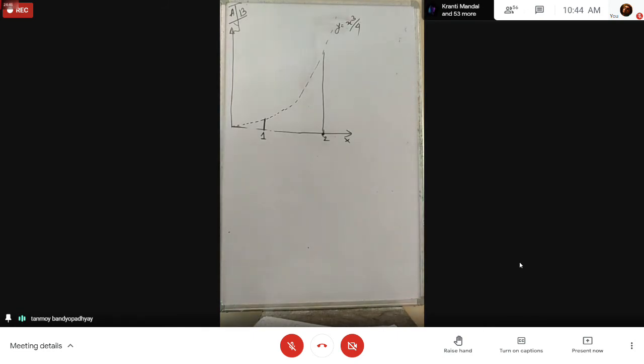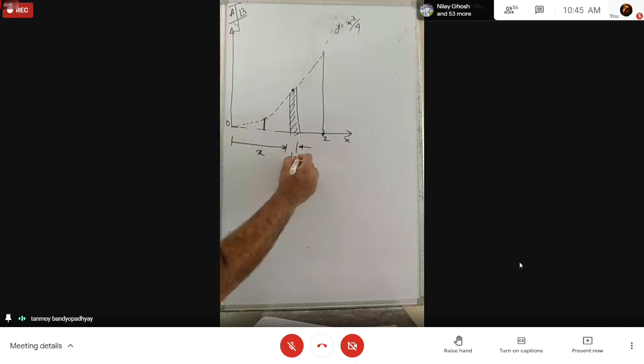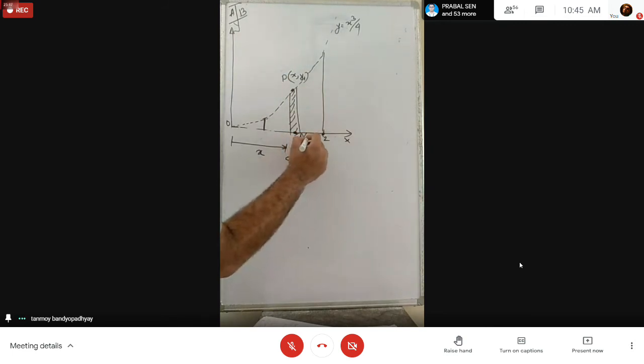So this is the area bounded by the x-axis. That is why you have to take a vertical elemental area. So I am taking a vertical elemental area at a distance of small x from the origin O and of thickness dx. So we consider 2 points, P with coordinates x, y1, and another point Q, x, y2, lying at the extremities of